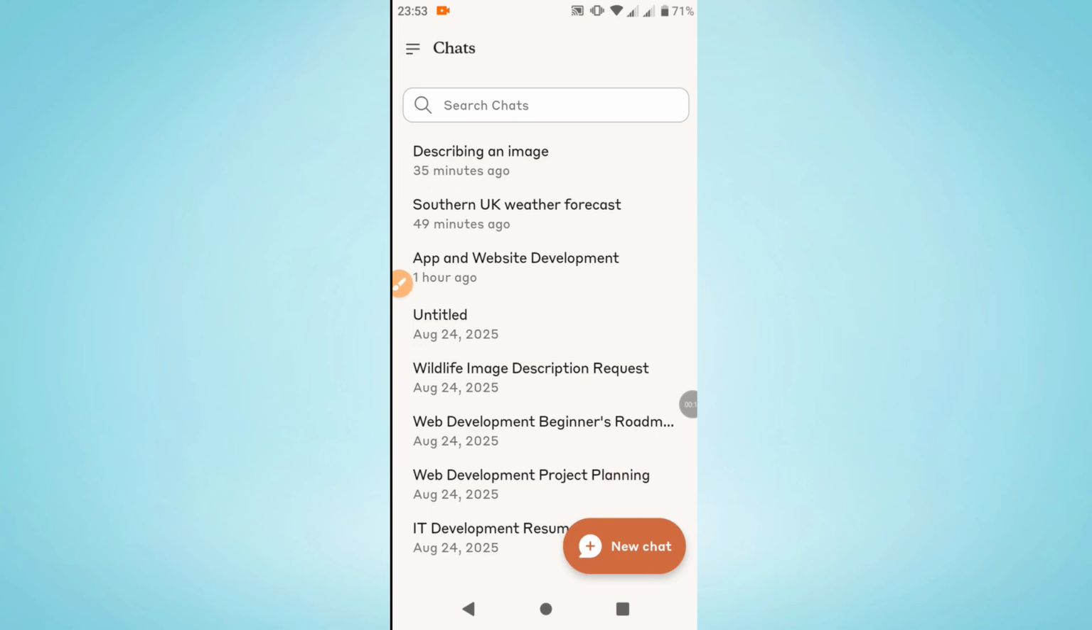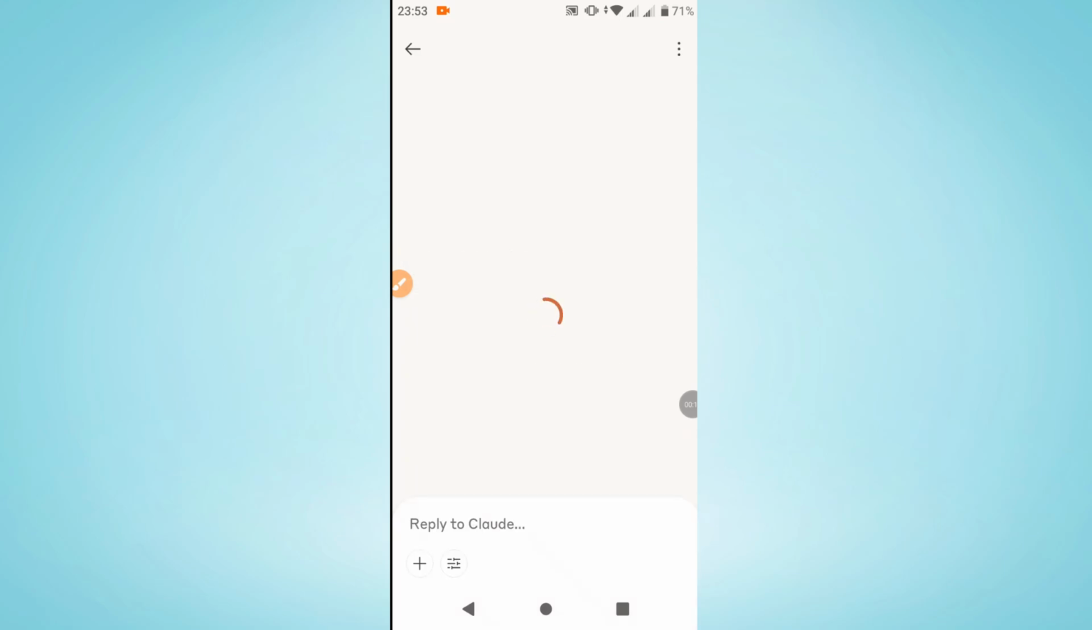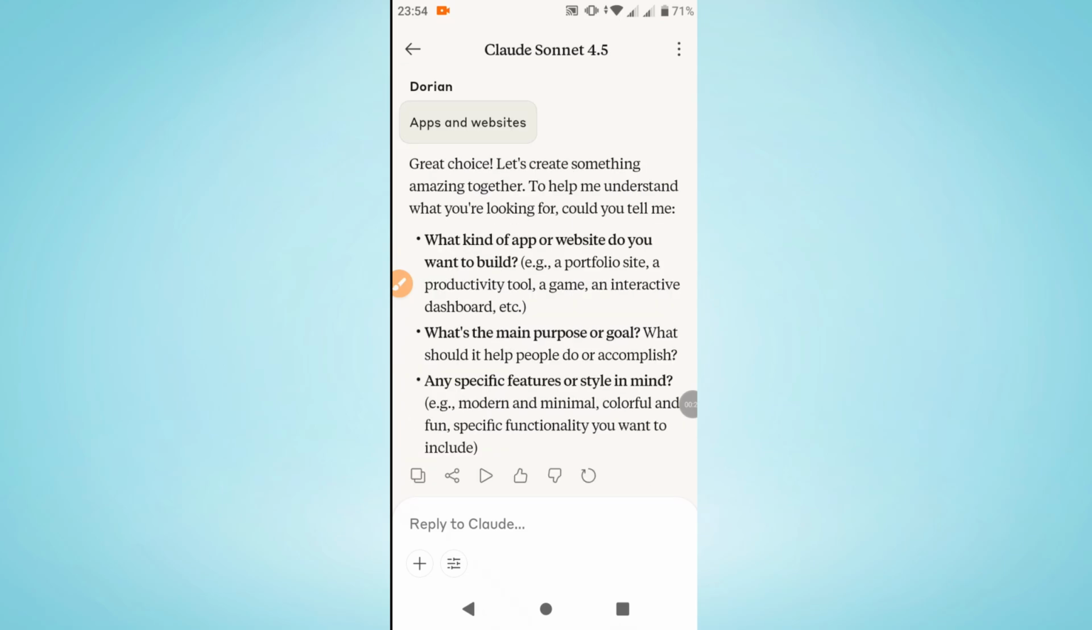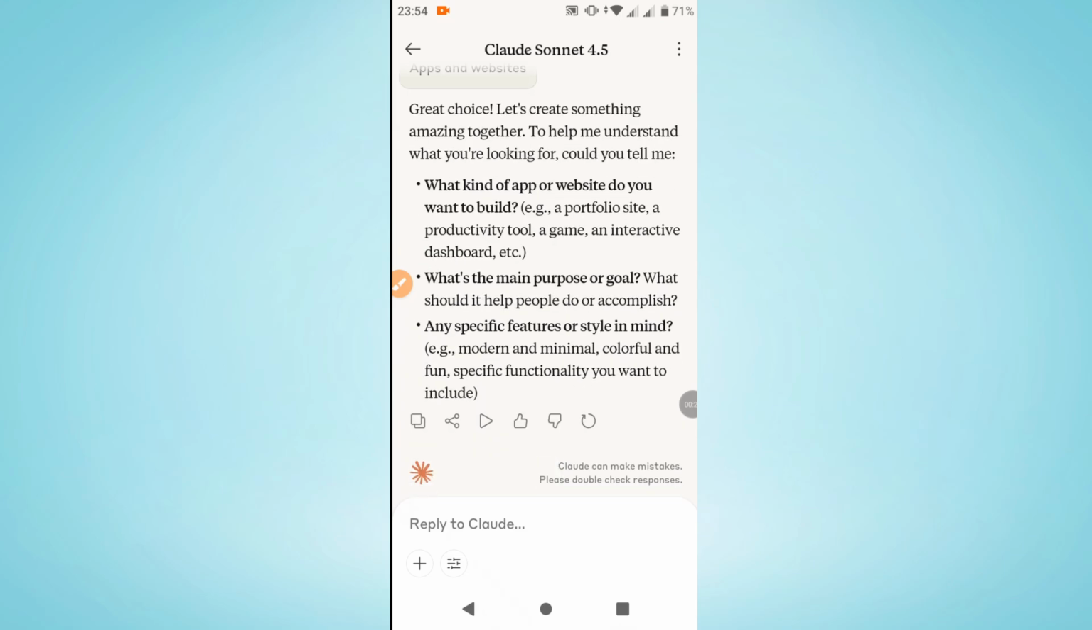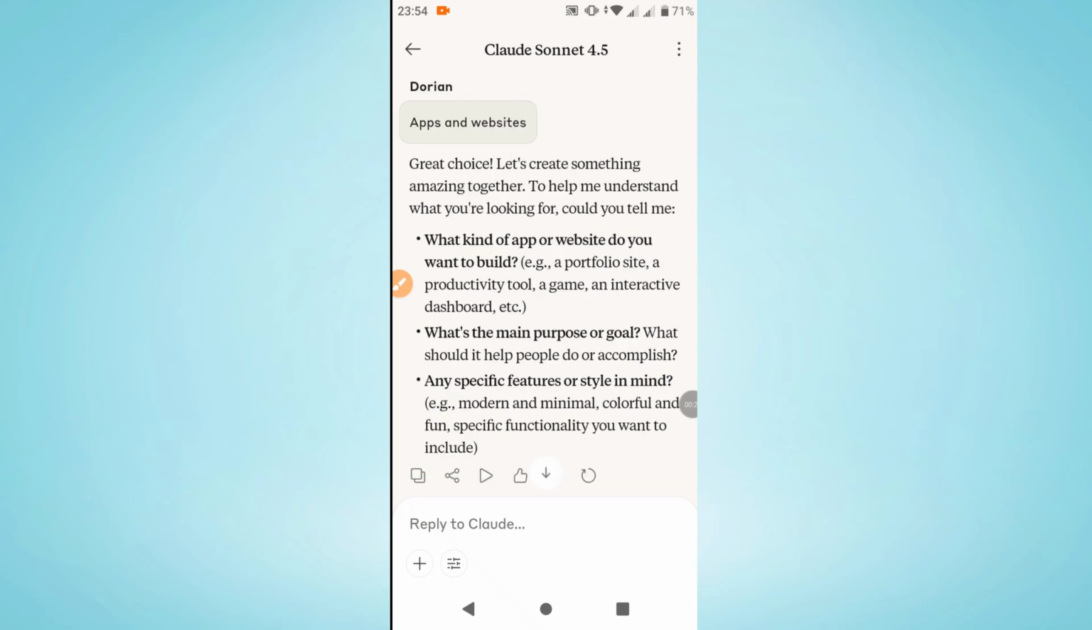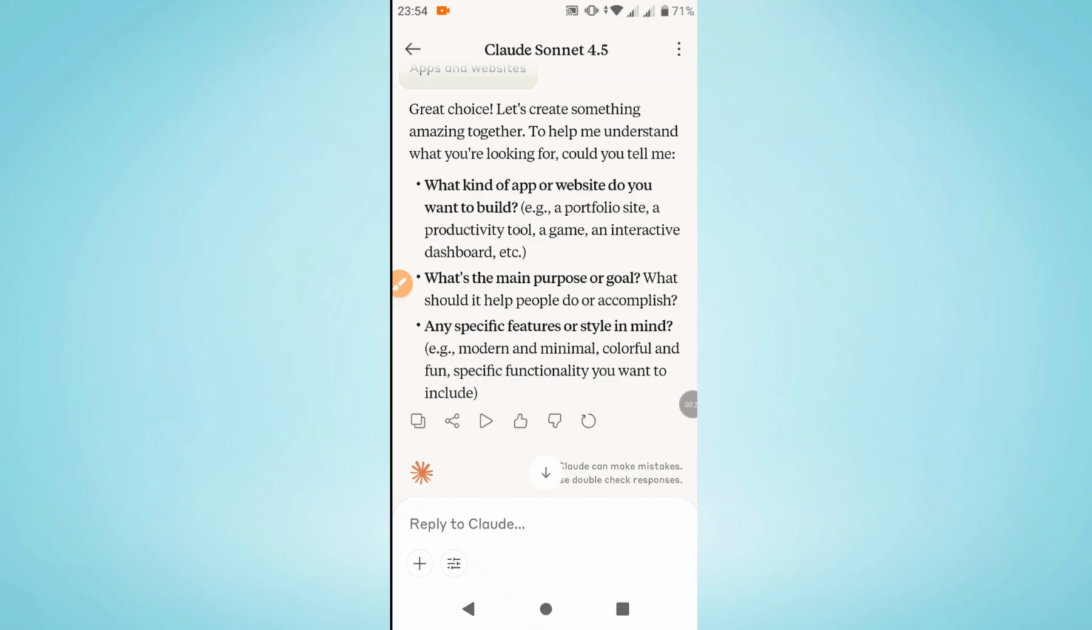Launch Claude AI, and what you want to do is access one of your past conversations or chats. So let me go with this one here. I had it just an hour ago, so tap into it and then you will see the reply here. So you may scroll through the conversation or chat history and simply navigate to the response by Claude AI you